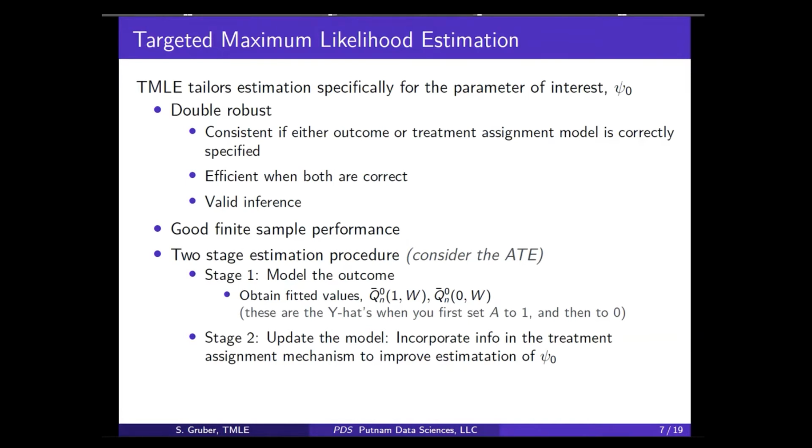So we're going to flexibly model the outcome. And once we flexibly model the outcome, we're going to just get out the predictions, the y-hats for everybody if they were treated and if they were in the comparator. Because you can do that with a model. You could do that with a logistic regression model as well. You don't just have to look at a coefficient. You can get all the predictions out for the y-hats when you set A to 1 for everybody, and you can get all the predictions out when you set A to 0 for everybody. Take the average and then subtract them to get the ATE. So that's a good first step.